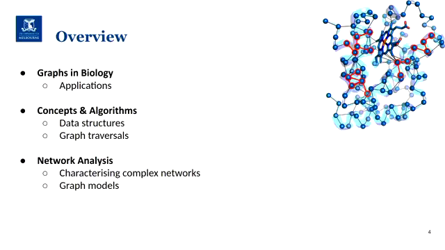So if we have a new modeling, let's say you have data that you believe it's interesting to model as graphs, how do you extract information from it, whether it fits in any known graph model? For instance, if you have a random network, that might be due to an issue with your modeling, maybe something wrong there, but there are also classical graph models. For instance, I'm sure everybody heard of small world networks and 6 degrees of separation and all that, and how that impacts our network and the information we can extract from it. So today we're going to start with basic concepts and a few interesting algorithms.